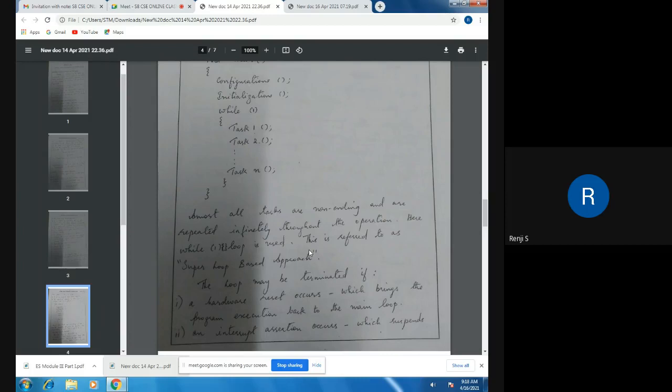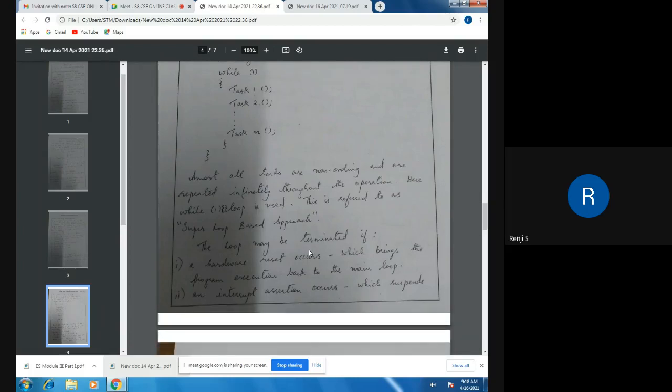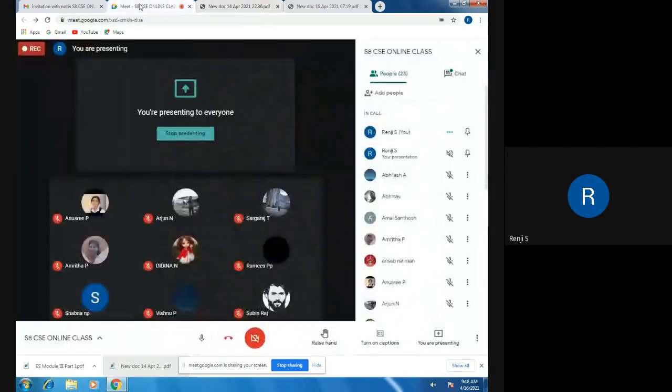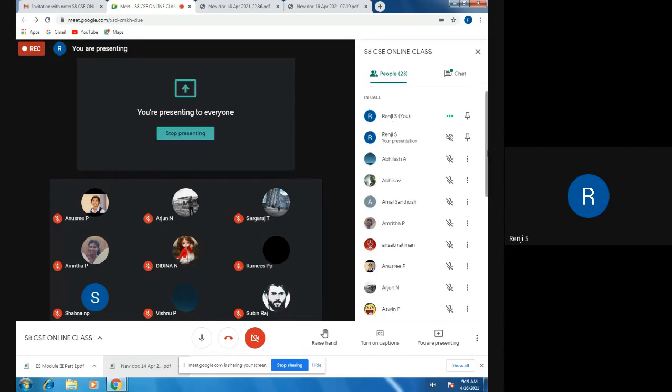Okay. So did you understand the code? It's a simple code. Any doubt in that code? Very simple code to represent the super loop approach. So whenever there is a question on the super loop approach, just write this code. You should include this code along with the theory. Any doubt? Asking doubt or no? Okay.